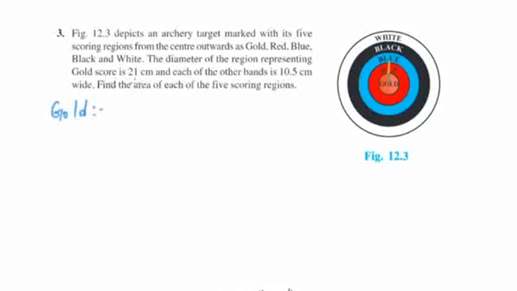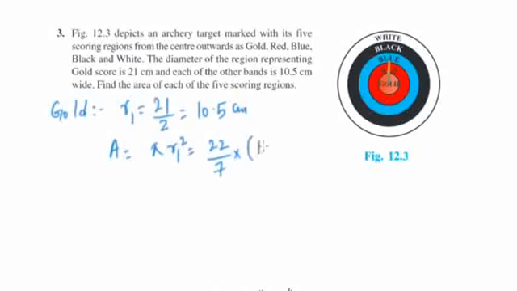So the diameter of the gold region is given, that is the innermost circle. So we can find the radius of the innermost circle. Let's take it as r1, that is 21 by 2, which is same as 10.5 centimeter. Now when we have the radius of the innermost circle, we can find the area. So area will be pi r1 square, which is same as 22 by 7 multiplied by 10.5 square, and on solving this we will get the area of the gold region as